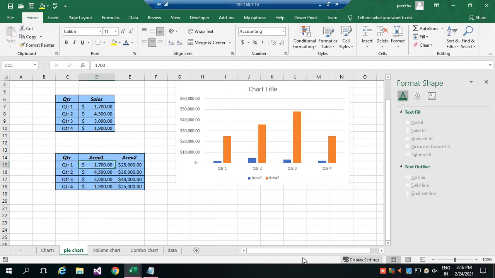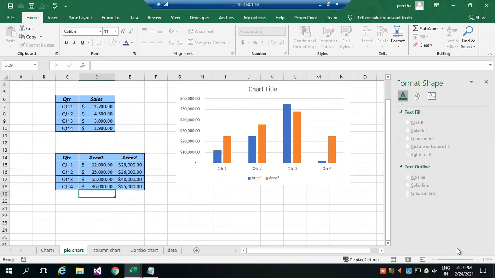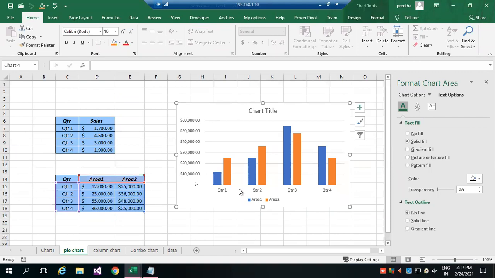So I just make the changes for this also. I'll bring it higher. So you can see these changes. Immediately it will reflect.